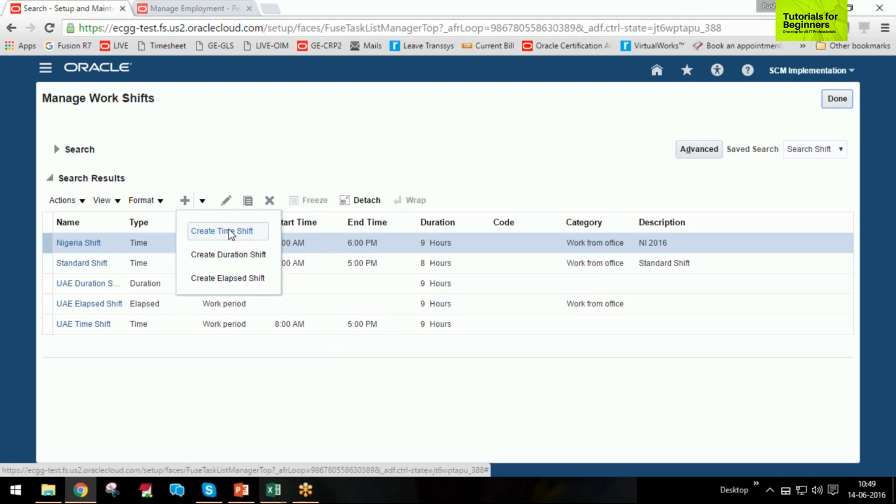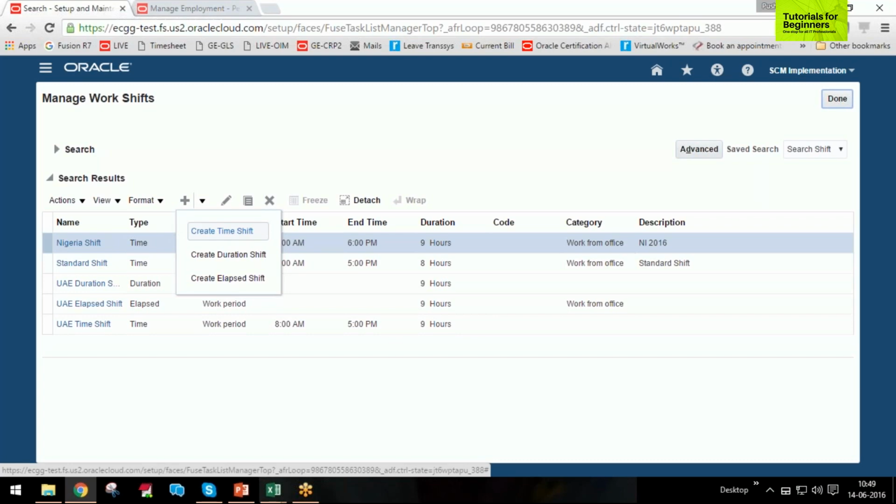So when we create a time shift and we create the corresponding work pattern and work schedule and associate it either at the employee or at the legal entity level, when you go into your absence type screen or absence application screen, there in the absence type we can see the start time and end time for each and every absence. If you don't want to see the absence start time and end time, you just want to enter the absence start date and end date simply for your absence type, then